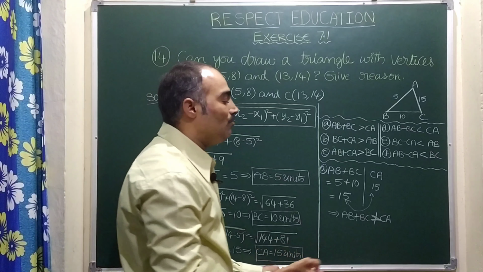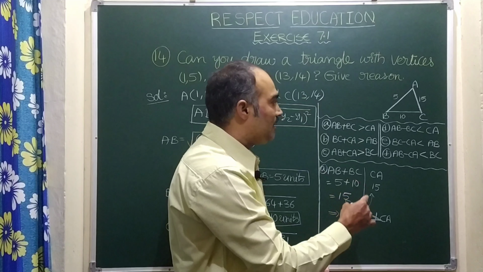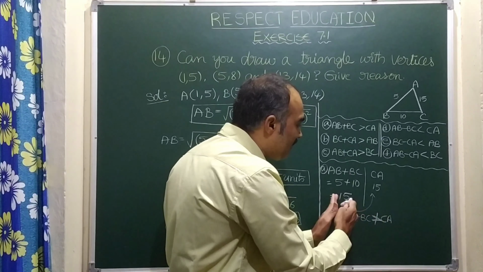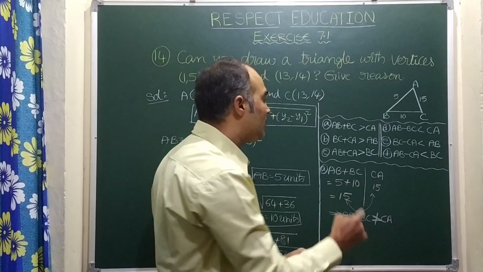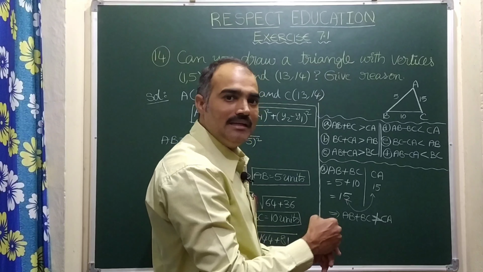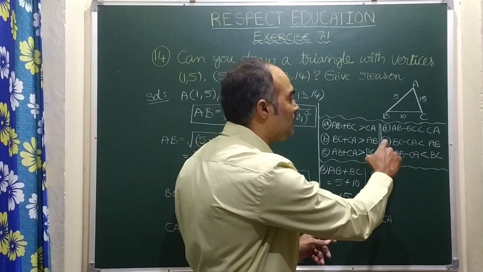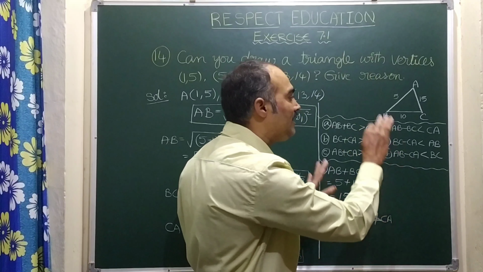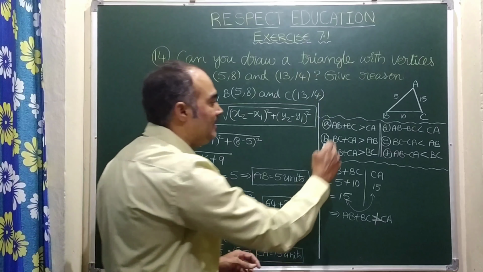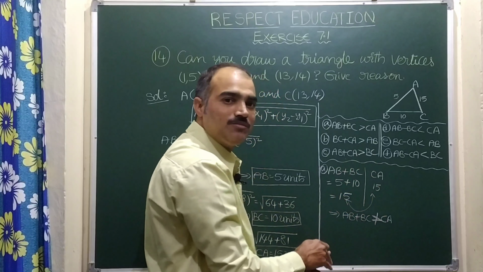For example, in an examination, suppose they change the points, and you get this value greater than that value, then you can go for the second case. If that satisfies, then you go for the third case. If that is also satisfied, then the fourth, fifth, sixth. If any one of the cases doesn't satisfy, you can stop the problem. Here, according to the given points, this first case is not at all getting satisfied. So we can stop this problem at this stage.